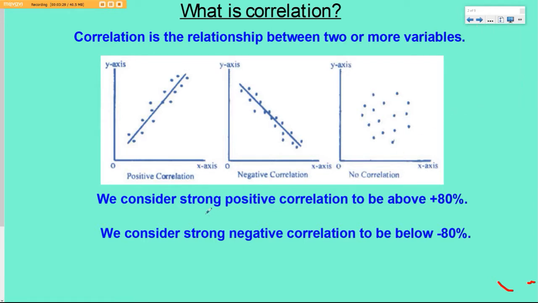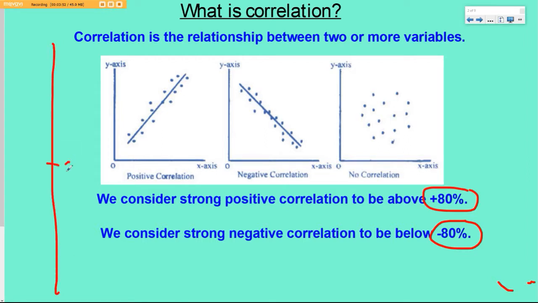Now the next stage here is that if you think about this, a strong positive correlation is anything that's above 80%, and a strong negative correlation is anything below negative 80%. I know this can be a challenge in terms of this negative 80%, so let's draw a diagram and show what I mean when I say negative. We've got zero, basically no correlation, none whatsoever.